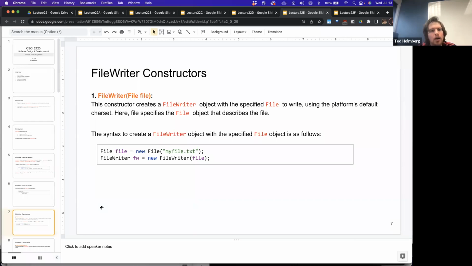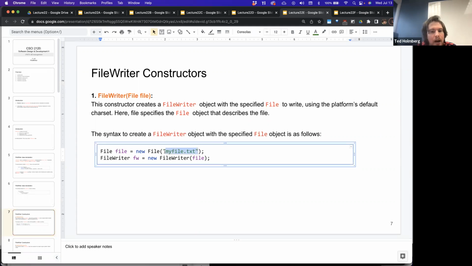So let's look at some of the FileWriter constructors. Let's look at one where we can pass in a reference to a File object. So we can have a File data type, and we would construct a FileWriter on top of that File data type using the default charset. So the syntax of this would look something like this. We could have a path or a file name that includes its path as a string, and then we can construct a new File object that we save, and then we can pass that File object